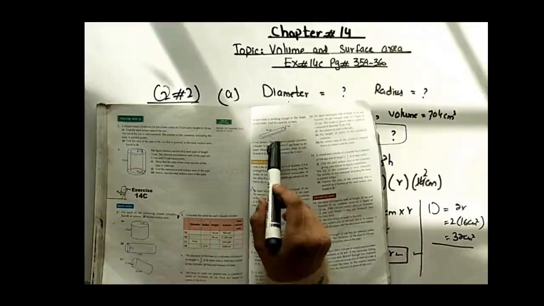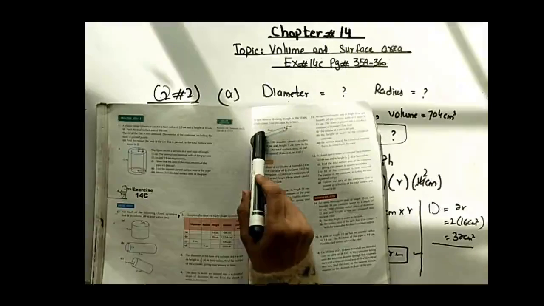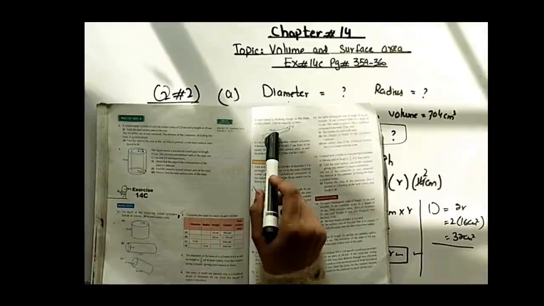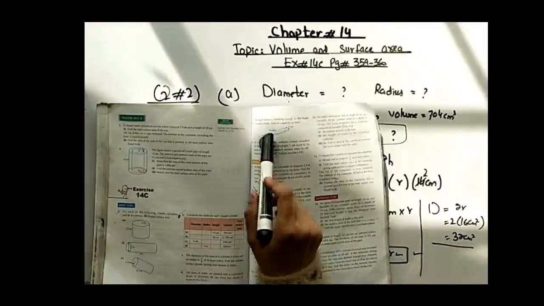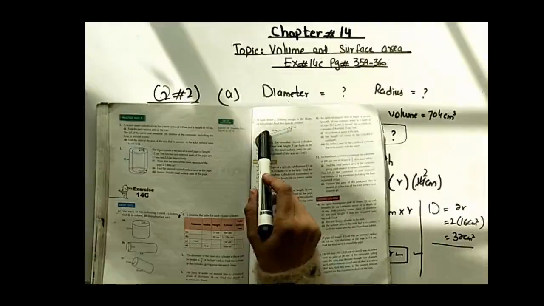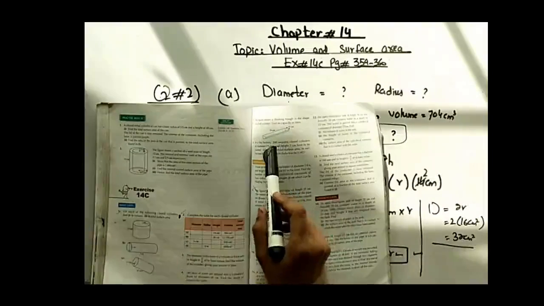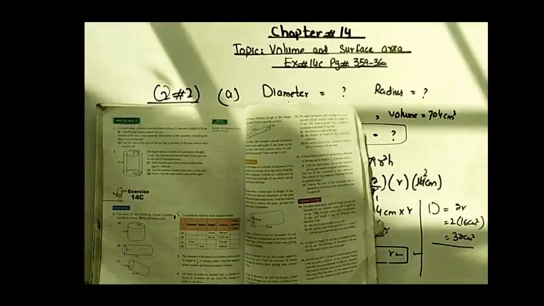So first you will write the volume of the cylinder. They are asking about the volume. Find the capacity, the volume of the half cylinder. So for the volume of the full cylinder, what is the formula? Pi r square h. Then what will be the volume of a half cylinder? You will use 1 by 2 pi r square h. Then put the values of pi, r, h, and then you can find the final solution.